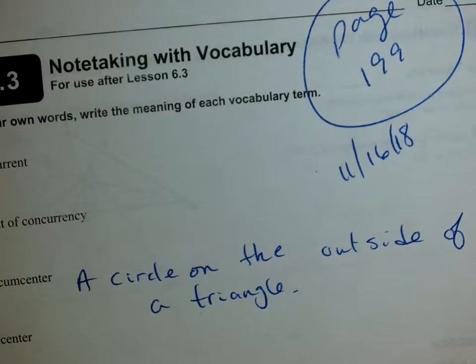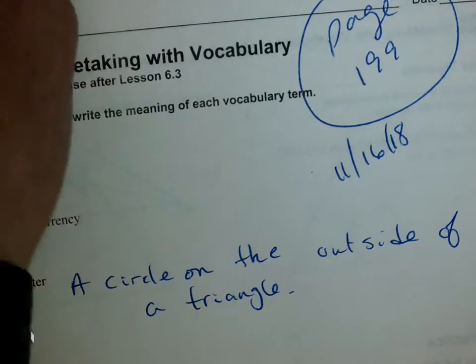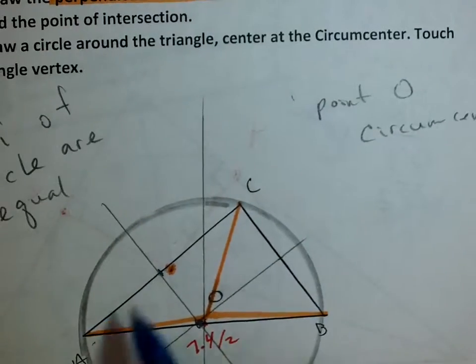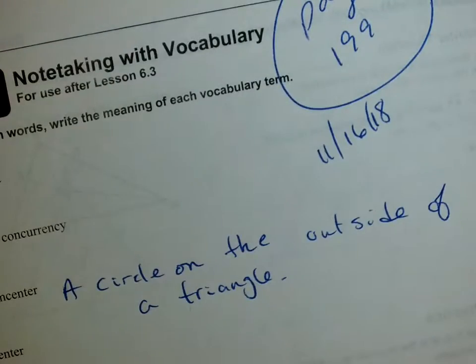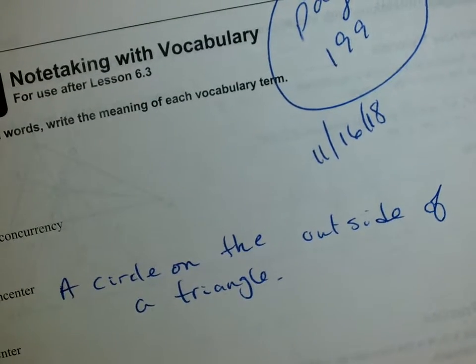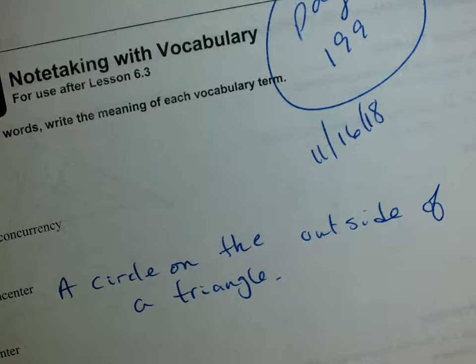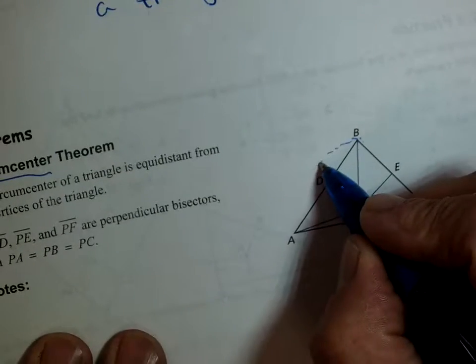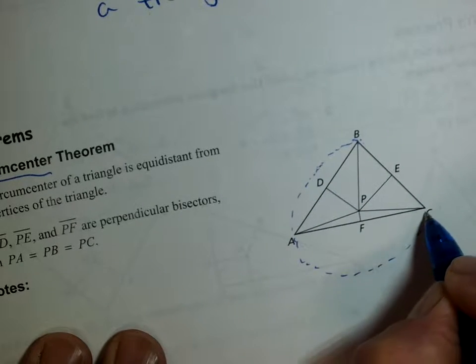Okay? Now we have to be specific. When you put the circle on the outside of the triangle, we know it's going to touch all three vertices, correct? So it's going to connect all three vertices, okay? If I take a look at the circumcenter down here, they didn't draw in the circle, did they? But if we were to draw in the circle carefully, I'm not going to be much of an artist, but if you drew in a circle around here,